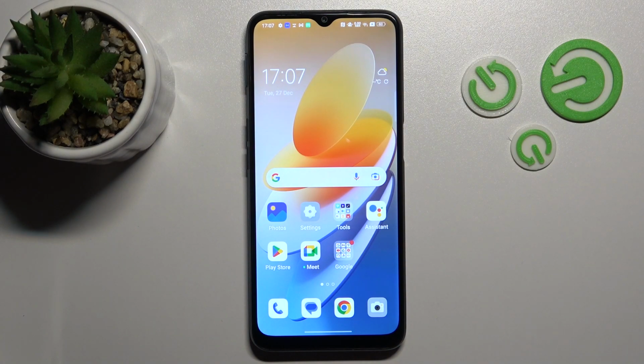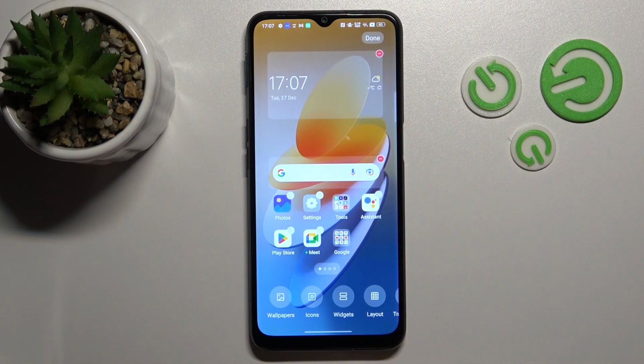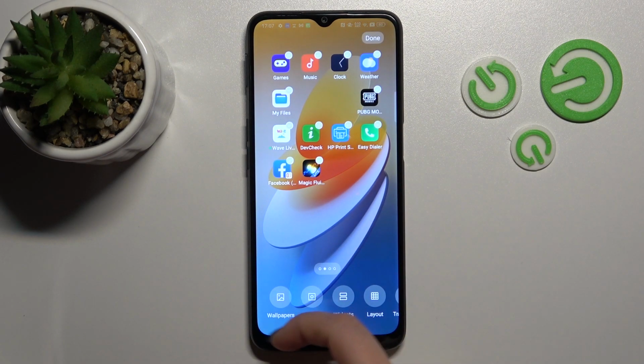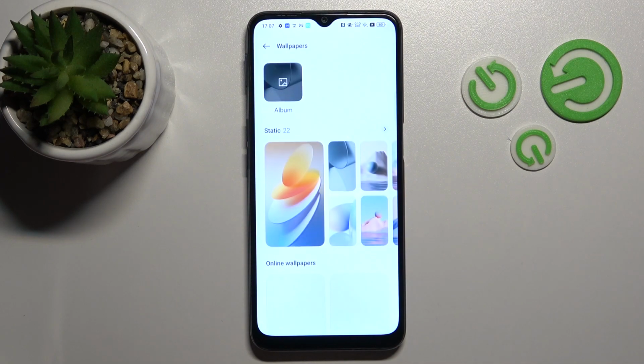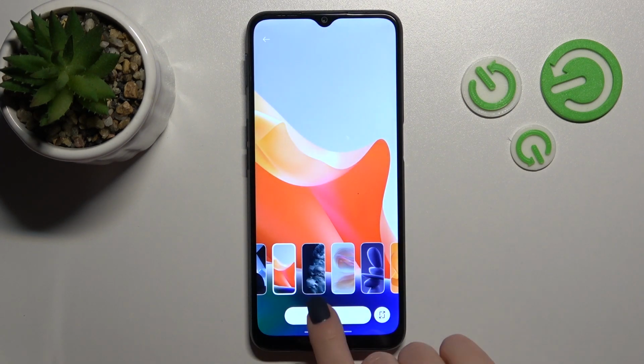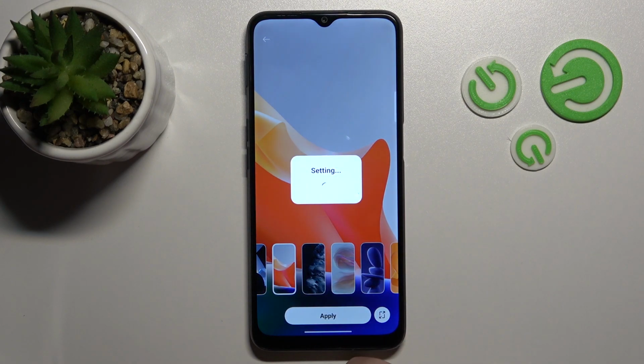Also, there is one more way we can do that. Just pinch the home screen toward the center, or hold the home screen for a while, and in the left-hand corner you'll see the wallpaper icon. Just click here once and in the same way select one from the available wallpapers, select Apply, click Lock screen,